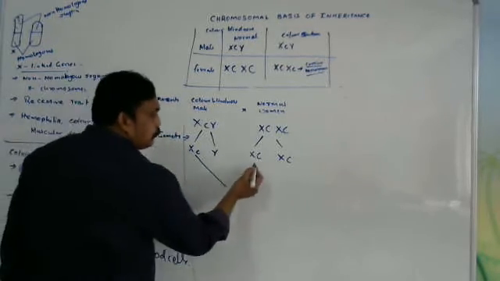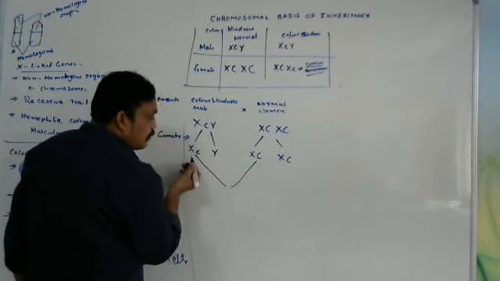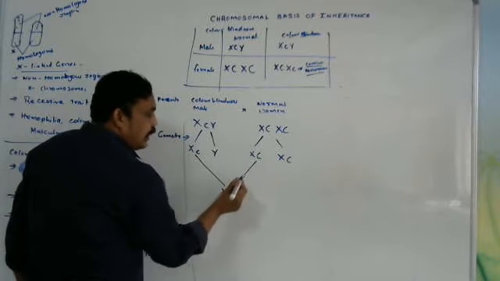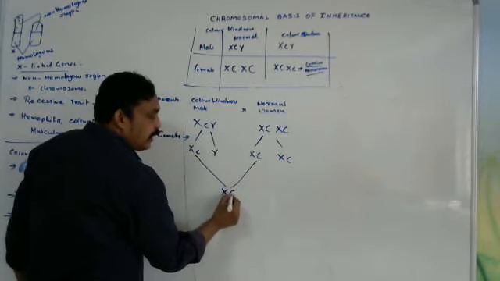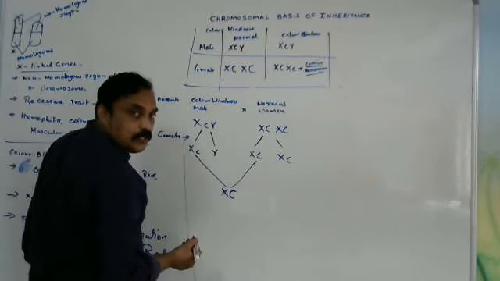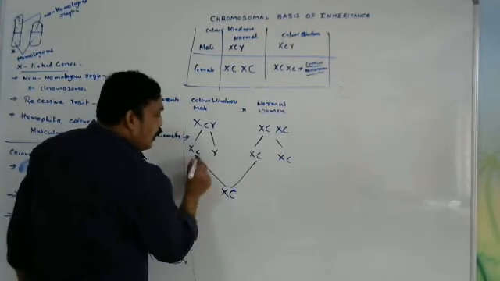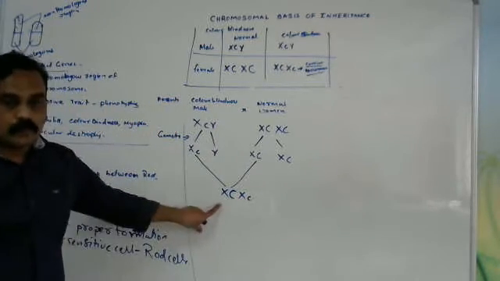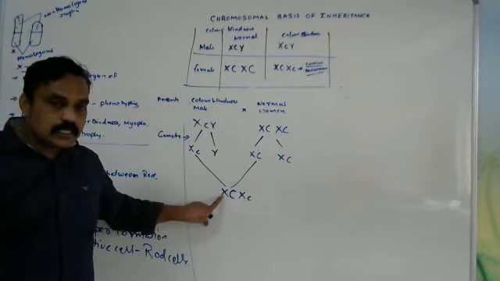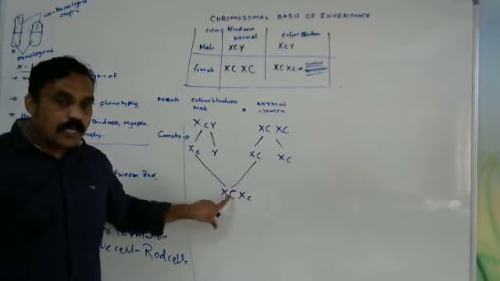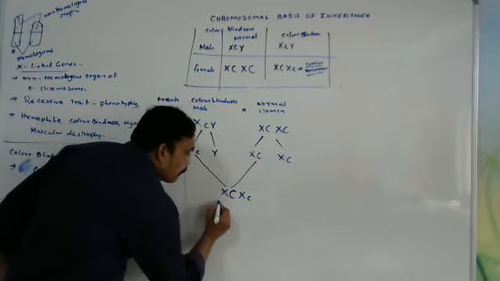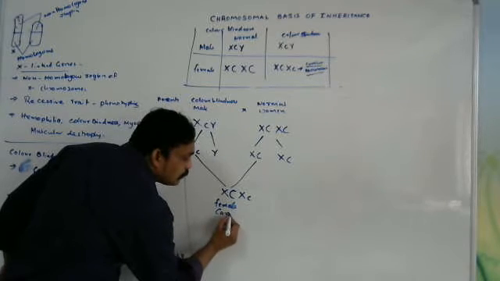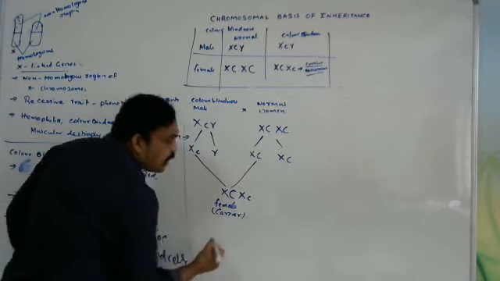We have to observe how this gamete reacts with this one. For example, capital X and capital C. Why am I writing capital C? Because capital C is the dominant character. And next one, capital X, small c. In this zygote formation, XX is formed. XX means female. She is which type of female? A carrier.